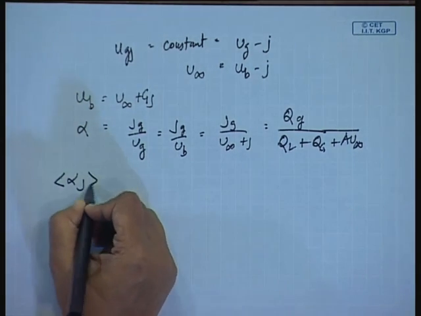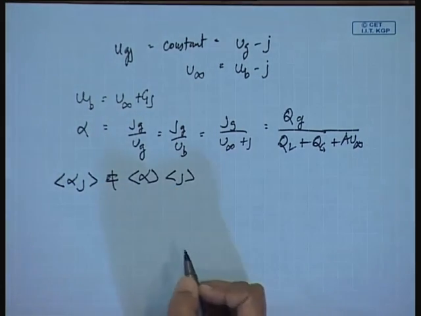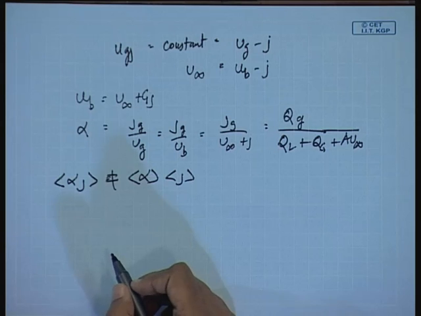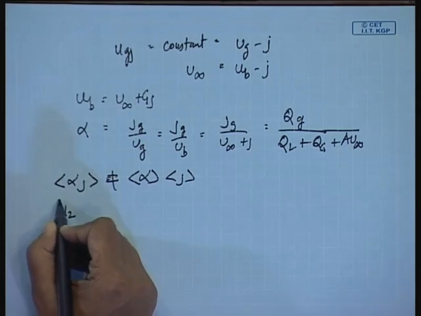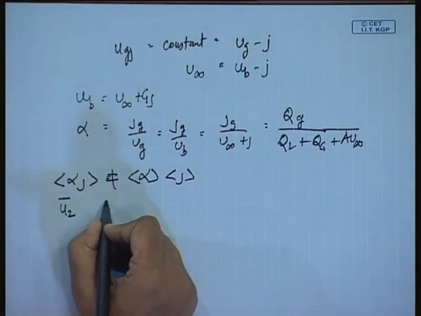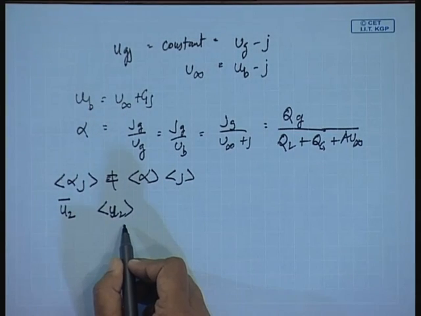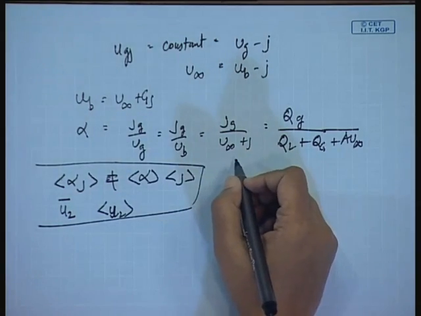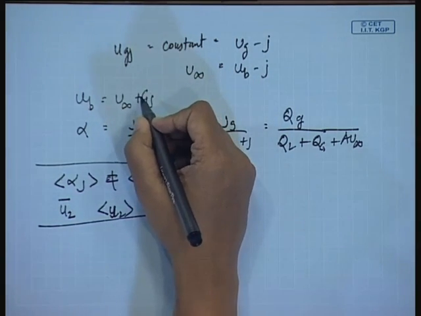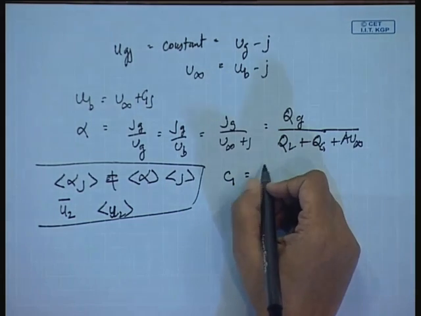I had shown you that the average of alpha j is not equal to the average value of alpha times the average value of j. So, therefore, the ratio was taken as a constant. Why? Because the average value is not always important, the weighted average, and from there we had introduced the weighted average velocity, which is different from the cross sectional average velocity. So, from those particular things, if you remember, we find that a correction C1 has been introduced here, where C1 is nothing but the measure of the fact